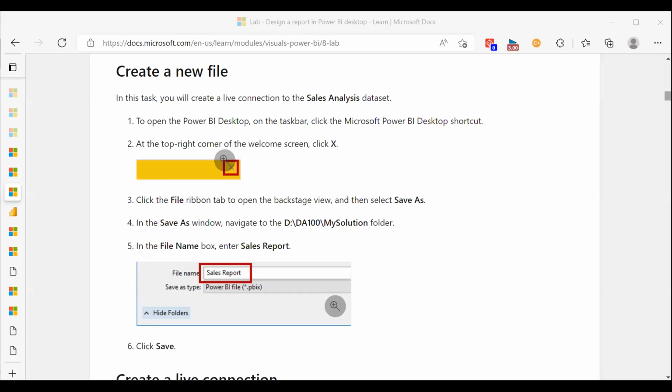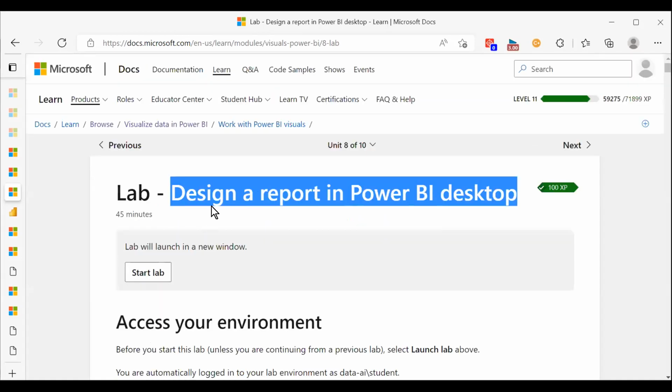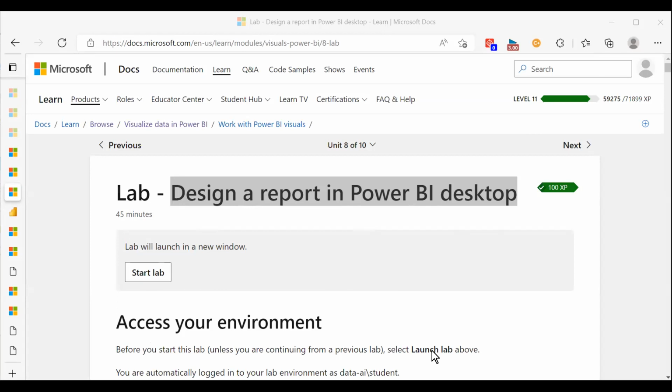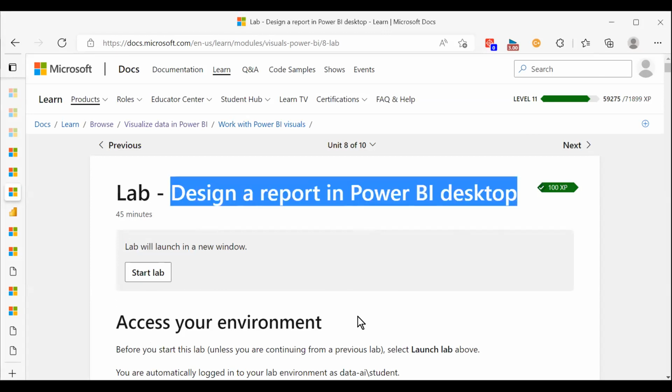All right. I am working on Lab Designer Report in Power BI Desktop, and it seems like this is June 2022. There are instructions within the lab, which is loaded up here, which talk about going to an admin portal, and that is something that people seem to be having difficulties with. And so instead of following those instructions,